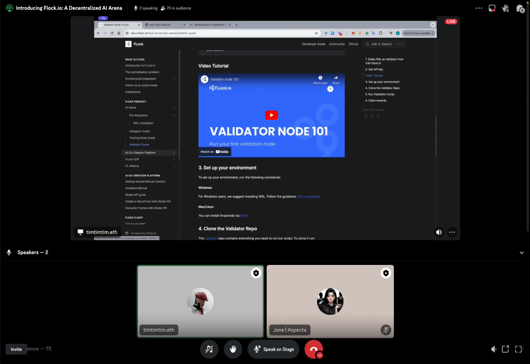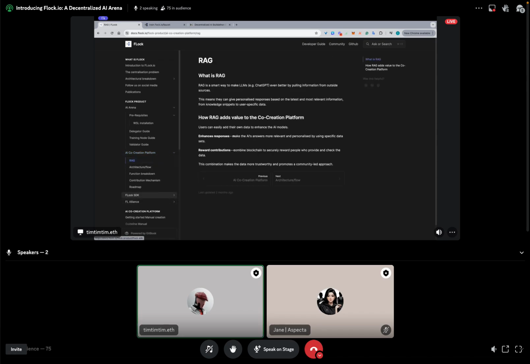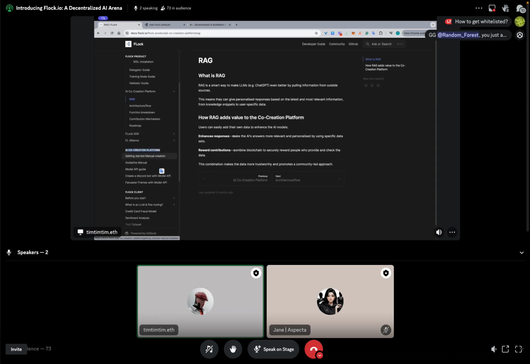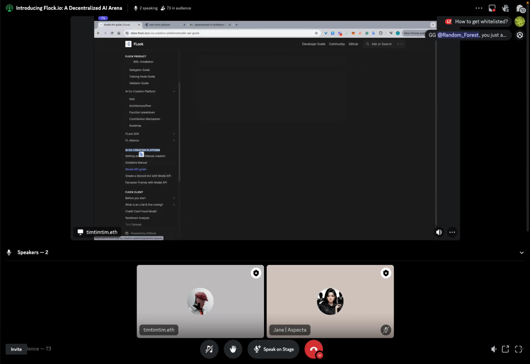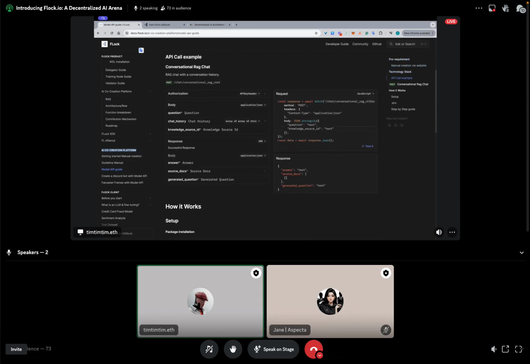And if you want to go for the last bounty, the API application track, you want to come into the AI co-creation platform subsection, where we have this model API guide. You can try to copy and paste the code.